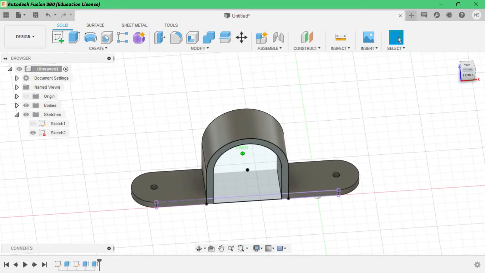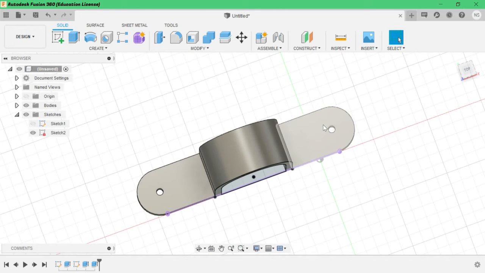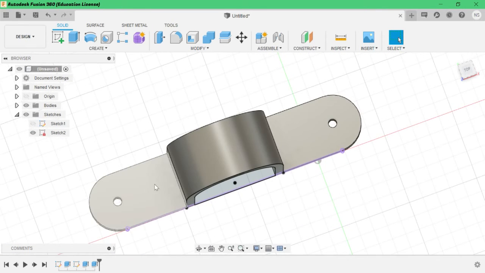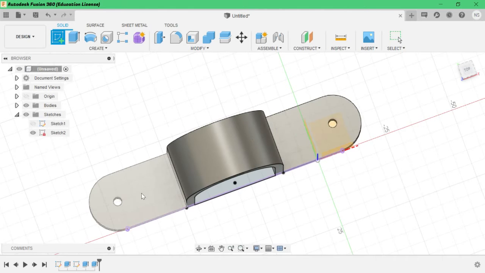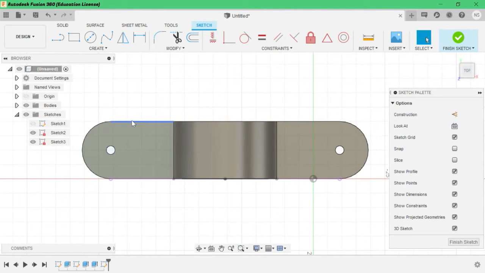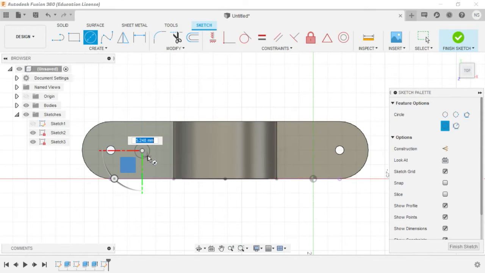Now again we have to do some extra things, because while using this clip the nails have to be fitted here, so we will give 2 holes to these things. So again create a sketch, select these faces. Okay, you have selected, and then click on circle and then create an extra circle.